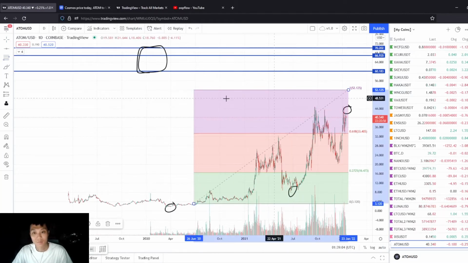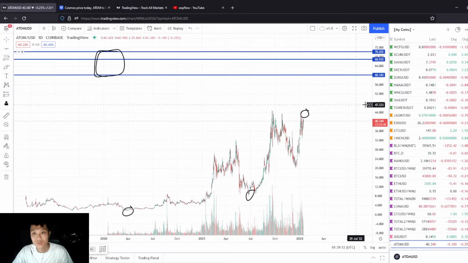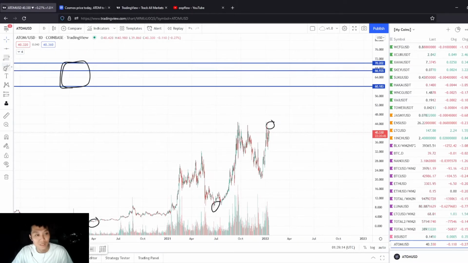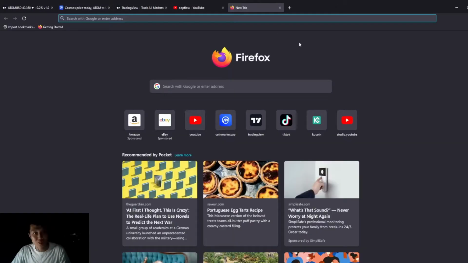Now we want to narrow down which one of these numbers it's going to be. In general, you want to focus on whole numbers, because typically the market likes to behave that way. So you focus on 60, 65, and 70. The question is, how do we figure out which one it is? One of the ways is to determine it based on historical data.